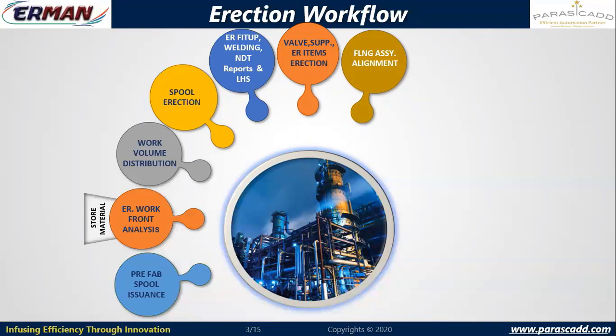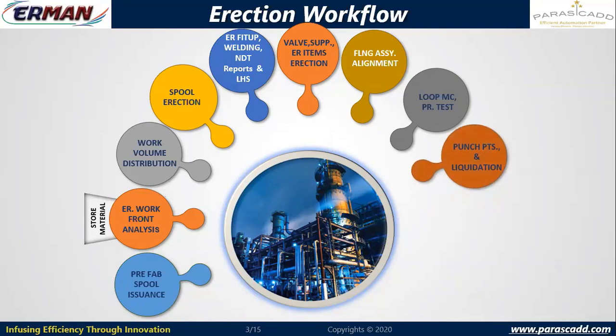flange to flange connection or bolted joints. So that will be managed here: bolt tensioning, bolt torquing for high pound rating flanges, special attention at a joint level or flange joint level. So for high pound ratings, more than 900 pound rating, I will go for torquing or hydro tensioning. And what pressure I have to apply, whether that has been achieved or not, we can manage flanges at a detail level. Further to that, this erection will take place, and at line level I will see the progress, and I will be able to monitor the progress at loop level, whether all the lines of the loops are erected and it is okay.